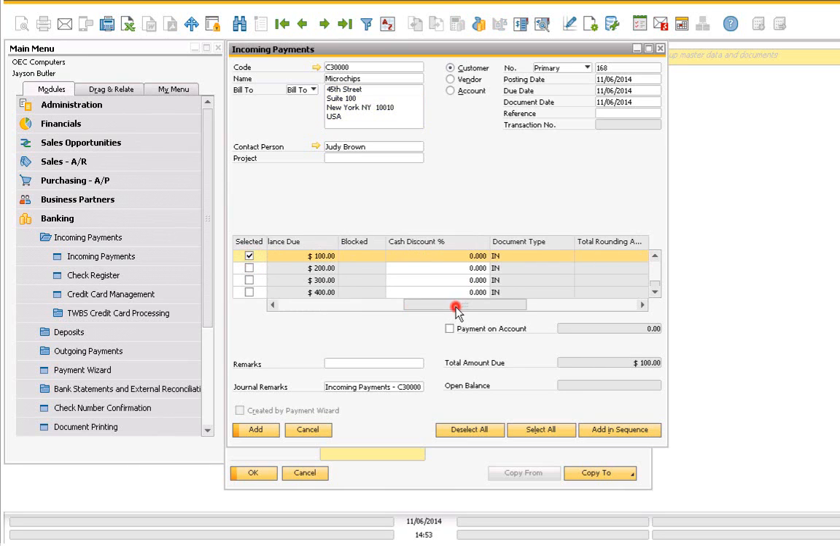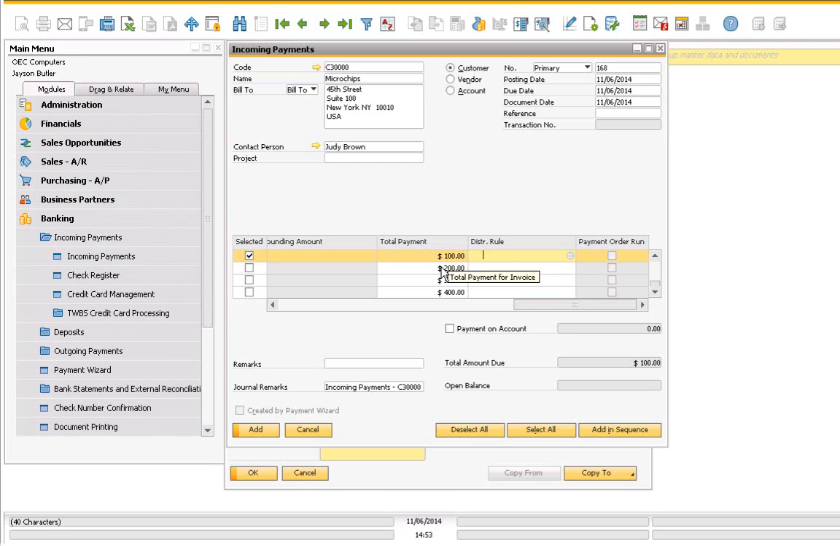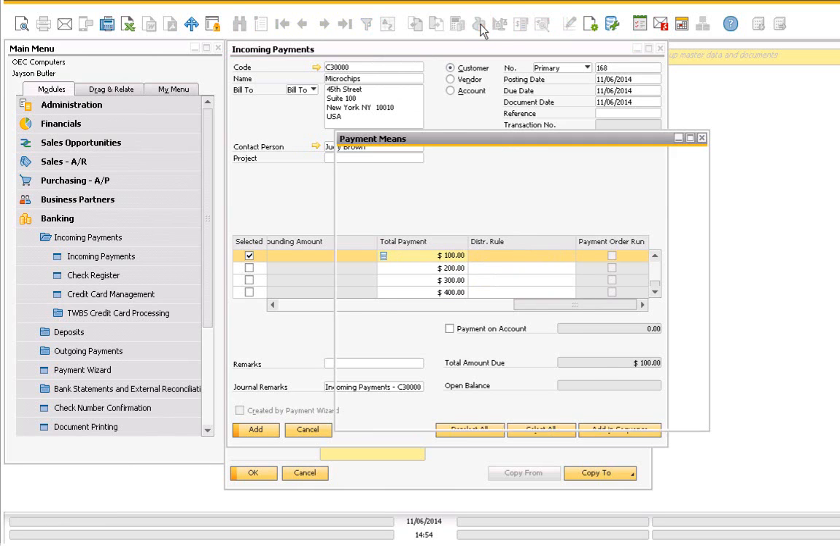Some older versions of SAP Business One will allow you to edit the payment amount to a value that is greater than that of the needed installment payment. If that happens and it's processed, the system will pay the installment payment, and any extra funds will be put onto the business partner as a payment on account. They are not credited towards the next installment payment. I'll go ahead and click the Payment Means button and bring up the payment means screen on the credit card